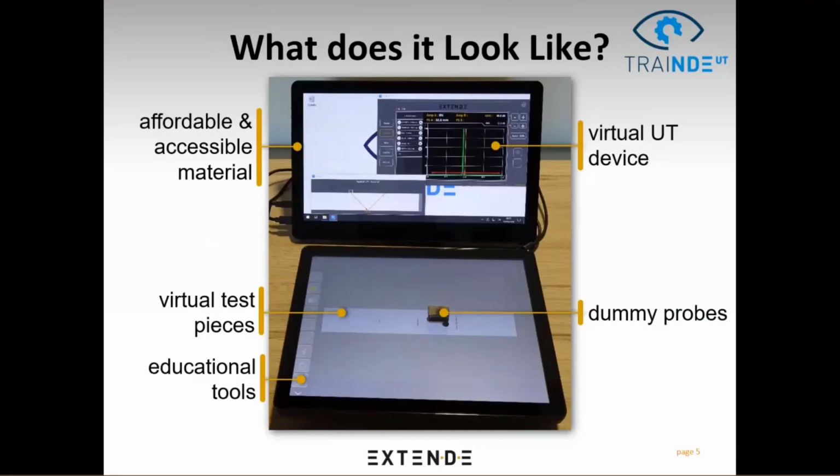You can see on this secondary screen a photo of the part that you will inspect, that you will scan. There are some flaws inside, virtual test pieces. The idea is to reproduce exactly the same steps done in real life. You can start with a calibration block, V1 block, or sensitivity block, define your gates, your gain, your DAC curves, and so on, and then go to the mockup and have a look at the flaws by scanning the screen.